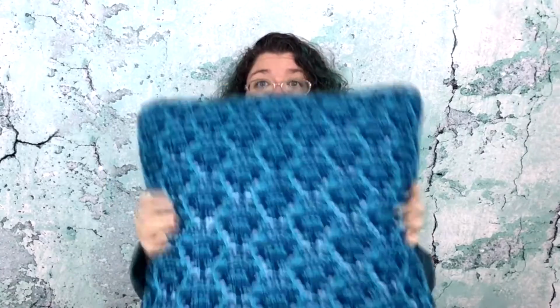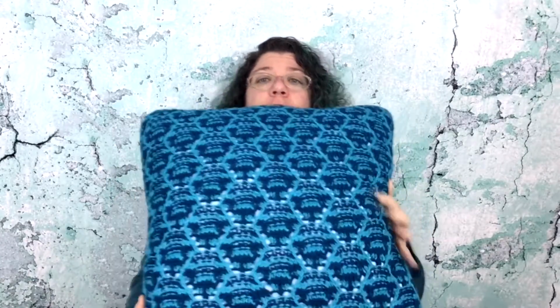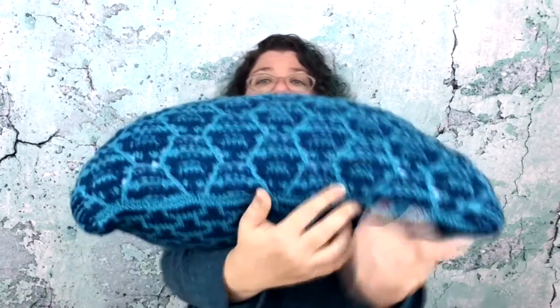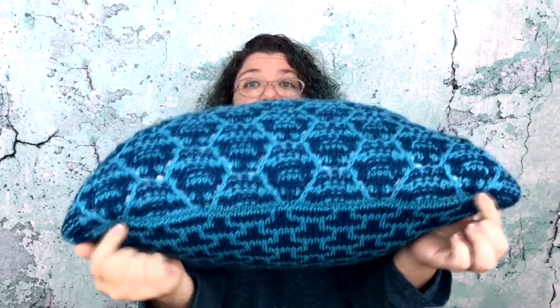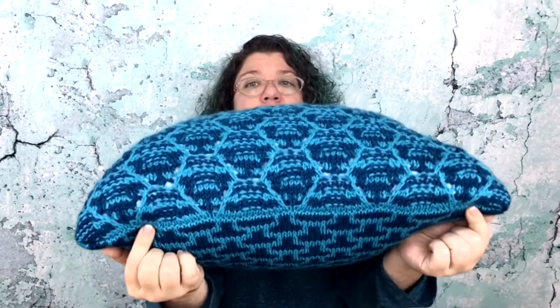Once you have gotten it, you block it, and you want to block it to 20 by 20 or a little bit smaller to stretch it. You don't want to overblock this piece. You take it, and the first thing you do is at the bottom, you want to, and there are instructions, I mattress stitched it, and I have instructions in the book and pictures for doing the mattress stitch. And then you,